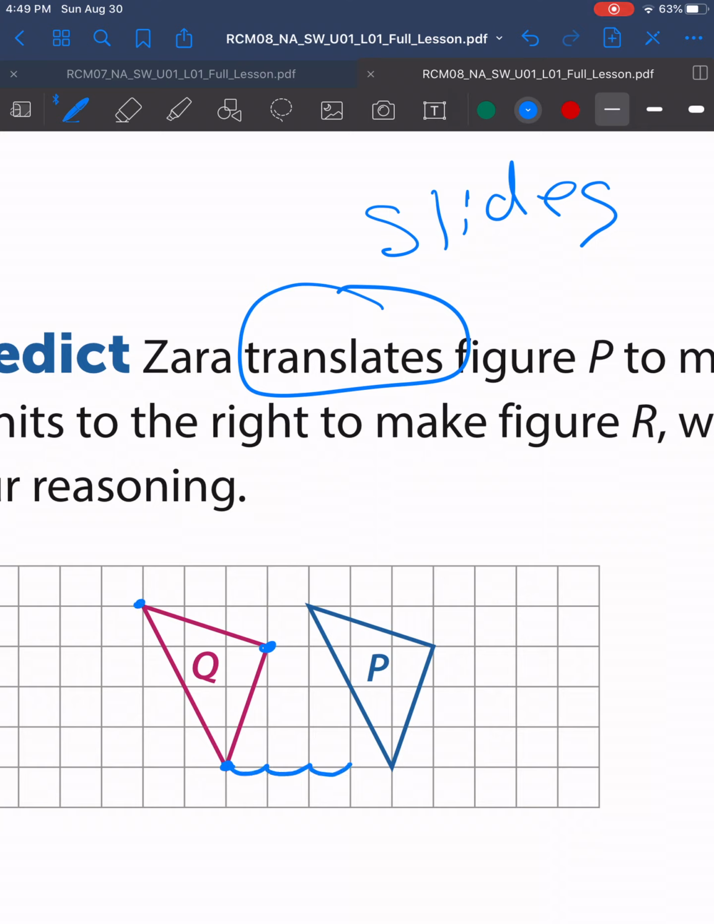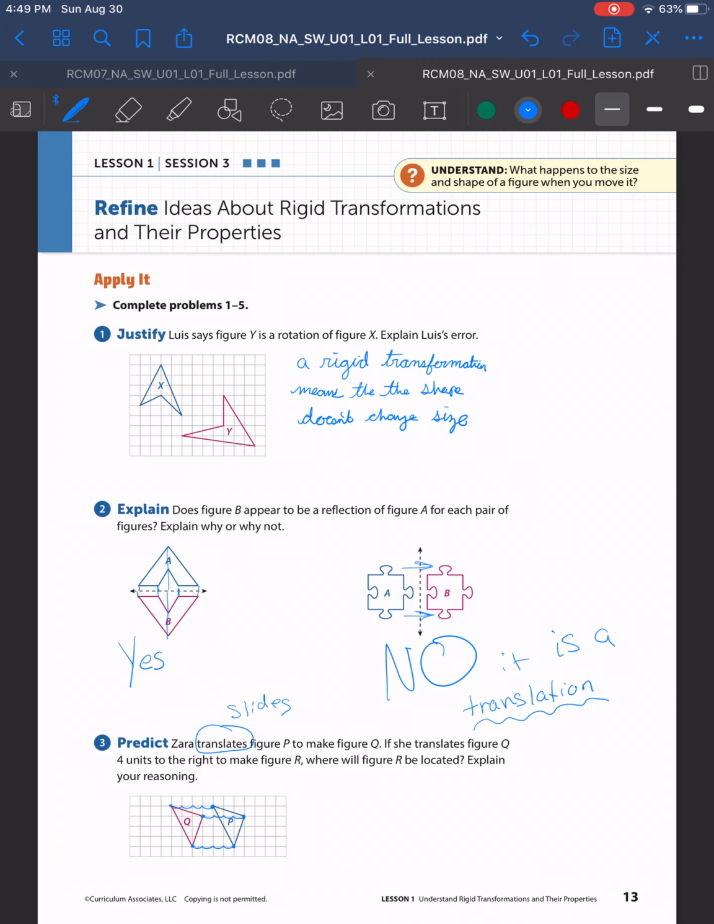1, 2, 3, 4. 1, 2, 3, 4. 1, 2, 3, 4. So if I were to slide Q back 4 points to the right, it would land exactly on P. It would land right back on figure